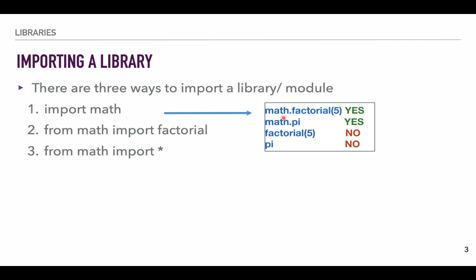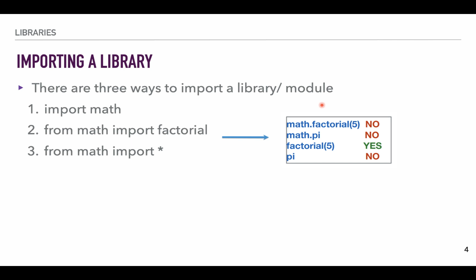So if you need an operation or a constant definition, you still need to use the library name as a prefix. So here, math.factorial or math.pi. However, you cannot just write factorial or pi without the library name. The second syntax is used when you only need to use a specific operation or definition, such as the factorial